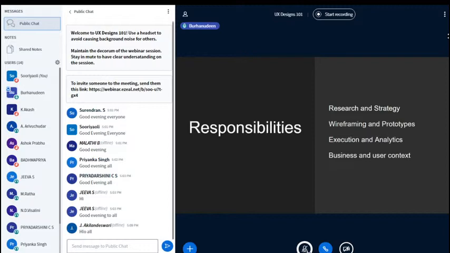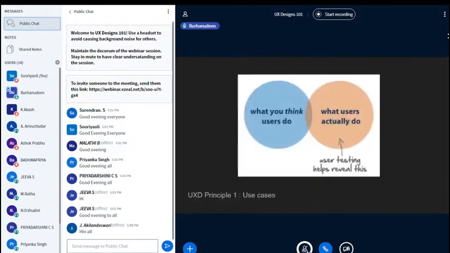The business and user context is basically what is the problem you are solving, and are we solving it right. I want to say a bit more about the principles of user experience design. I just explained this, it's about a use case. You will assume that the user will come and click on sign up before reading anything on the screen. That's not how it works. He comes, explores a few other pages, goes to pricing, goes to contact. I'm just taking a website as an example because it is more familiar to all the audience.